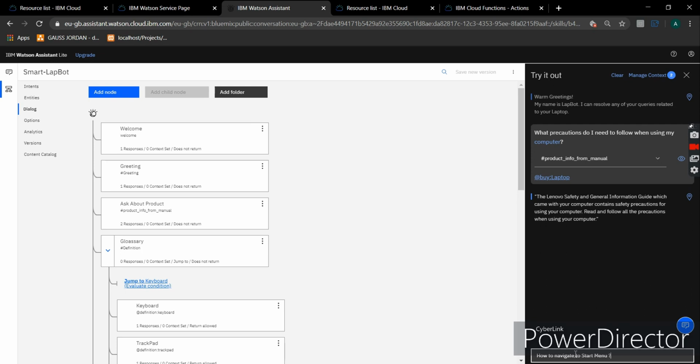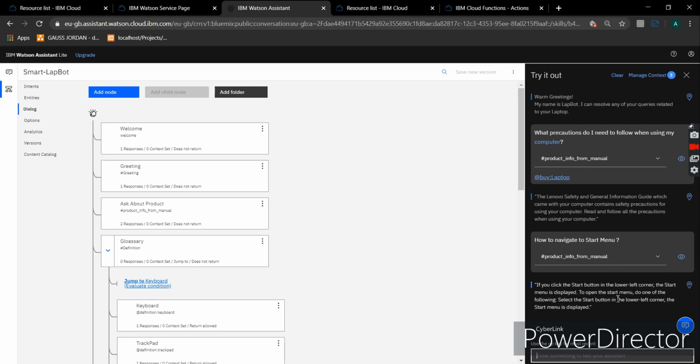Now see, it displays the text which says that you need to go to the left corner of the screen to open the start button. As you can see here, I open the start button. So as you can see, it is configured perfectly and returns the same result from the Watson Discovery using cloud functions as the intercom.